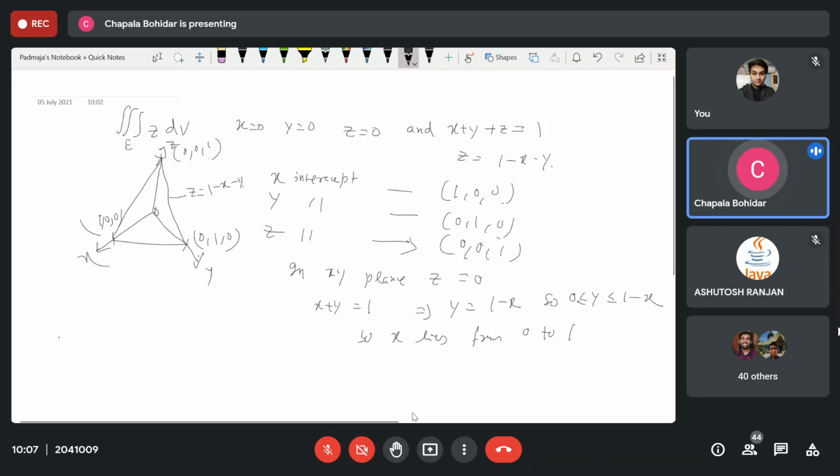So now we can write down E, that is your x, y, z. So x lies from 0 to 1. Then your y lies from 0 less than or equal to y less than or equal to 1 minus x, it is a function of x. If you combine this double integration, it is the domain. So we get here it is type 1. Then z lies from 0 less than or equal to z less than or equal to 1 minus x minus y. It is for the surface, it is for the plane, and it is for the line. Okay, like this you have to write down your E, the region, then you integrate.